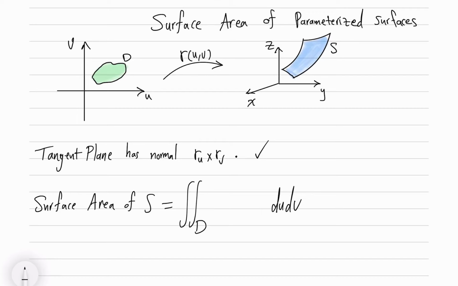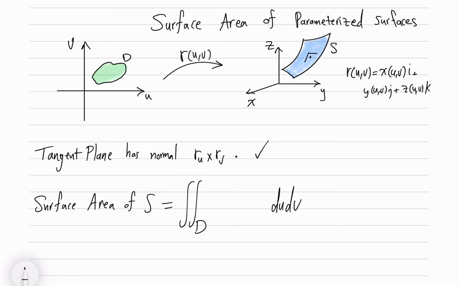We saw that a very useful and versatile way of looking at surfaces is by parameterizing them from an external coordinate system UV. There is some region D in the UV plane, and there is a function that maps it into 3D. If we write r(u,v) as x(u,v) i plus y(u,v) j plus z(u,v) k. We saw, for instance, that at a given point on the